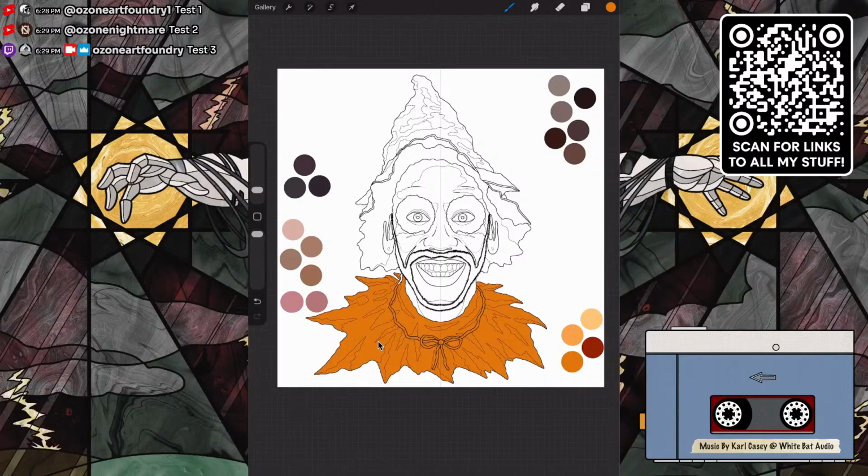So, what we are looking at is an illustration of one of the hosts over on twit.tv who hosts a Dungeons and Dragons game. The host name is Mike Sargent. I've had him on my late night show earlier this year, I believe. Yes, earlier this year. And he is the Dungeon Master for this Dungeons and Dragons game. I had done another image of him as the Dungeon Master for a St. Jude's charity thing, but he had also kind of gotten into character as this. I don't know. I have to ask him what the name of this character is. The other character was a celestial being. This seems to be either a living scarecrow or some kind of spirit of like a Halloween themed thing.